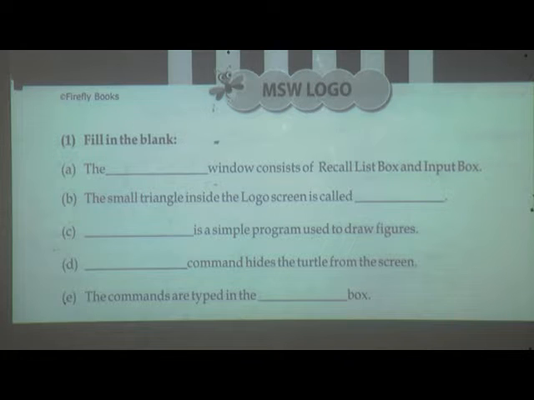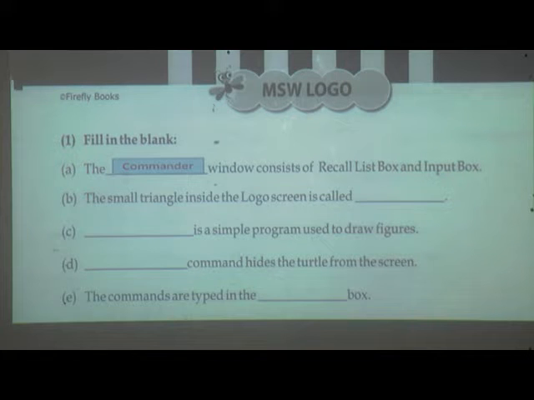Which window has the recall list box and input box? Good. Commander window. What is the spelling of commander? C-O-M-M-A-N-D-E-R. The commander window has the recall list box and input box. Write down fast.